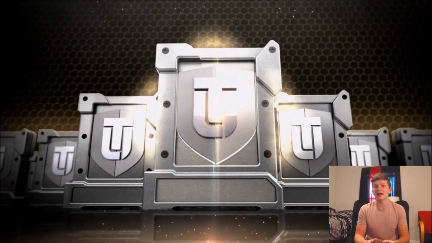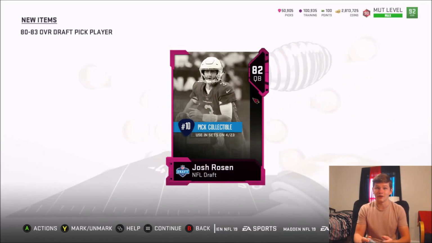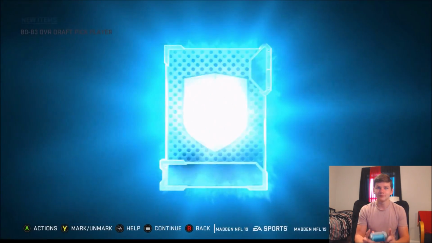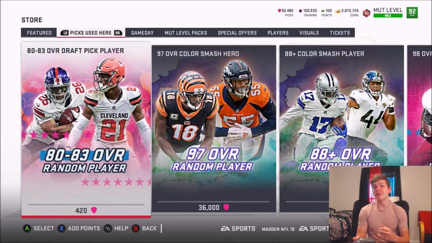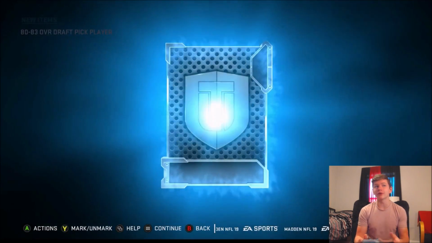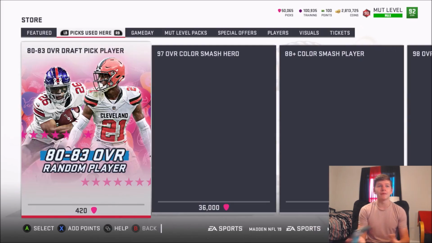And we'll do one more pack, and then we'll see how many of these collectibles we actually have opened up already, because honestly, I do not know. As we get Josh Rosen right there, and final draft pack, and then we'll go see exactly how many collectibles we've already done. And we get Leighton Vander Esch. So I believe we have done 37 of these pick packs, so I think we're going to do 50 today, so we're going to end up doing 13 more of these draft pick packs here as we get Denzel Ward,